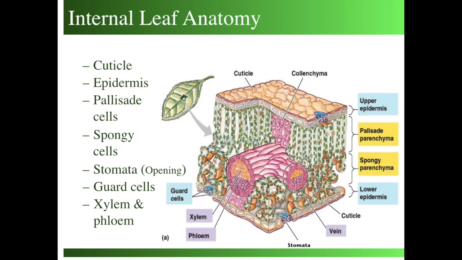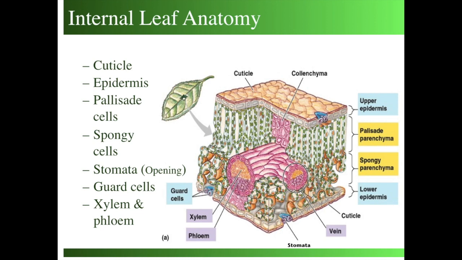The guard cells are the lips that open and close, and the space between the guard cells is called the stoma, also known as the stomata. And then running through the leaf are the veins, the vascular tissues, the tubes, which consist of xylem and phloem. Xylem carries water up from the roots, and phloem carries food, sugar, down from the leaves, which was made